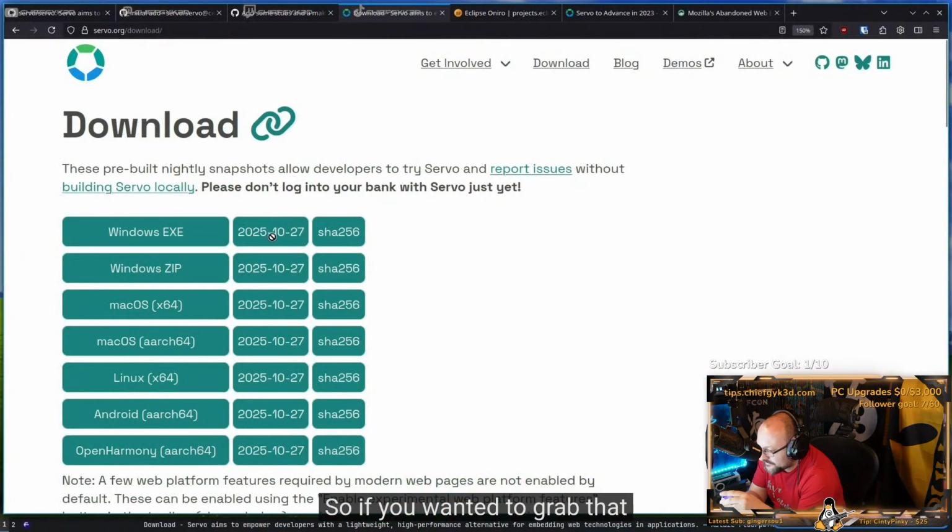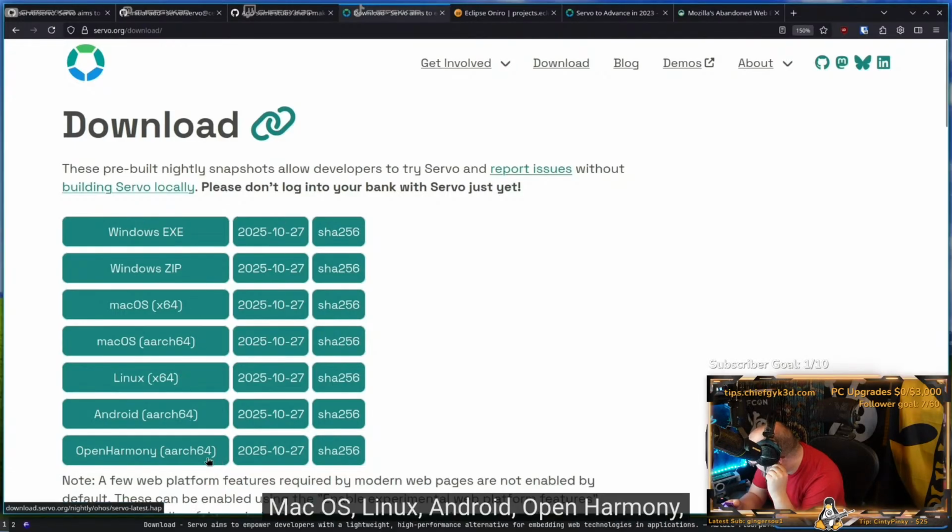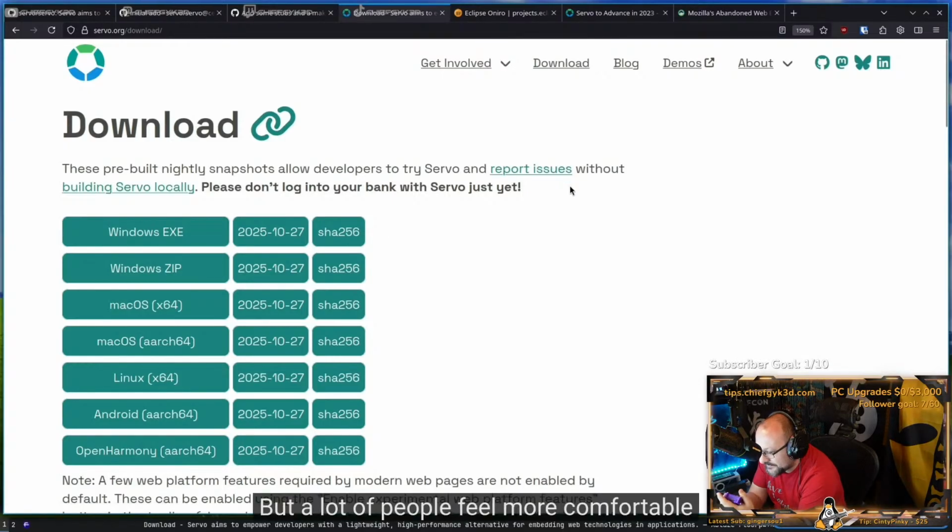Yeah. So if you wanted to grab that for any system supported, whether that be Windows, macOS, Linux, Android, or Harmony, all of that is supported. All of that is a thing you can do, but a lot of people feel more comfortable running a tagged version,